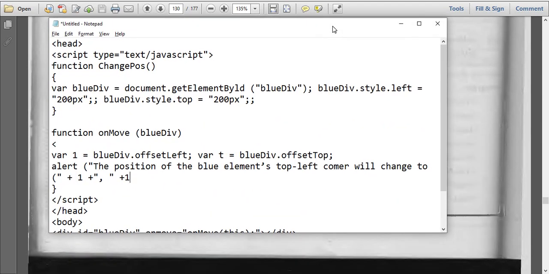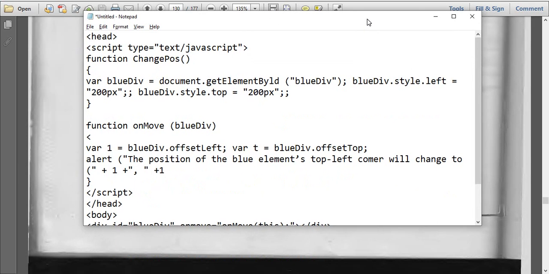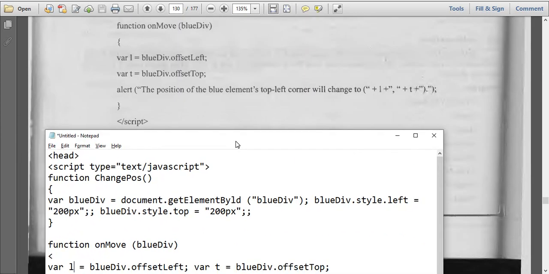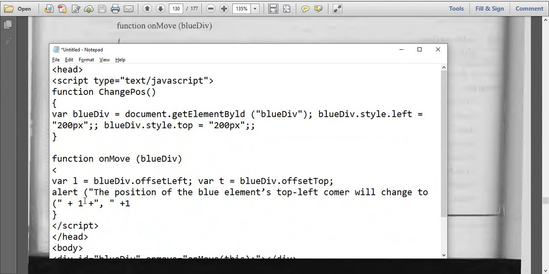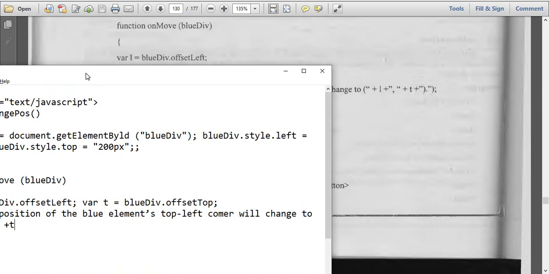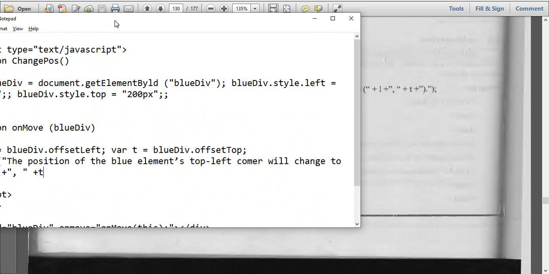This is L, where L, where T. This is where L, this is where T. Okay, now plus L, T. Double quotes close, comma, double quote start, plus T, again here plus will come, plus double quotes, bracket, dot, again double quotes, bracket close, semicolon.